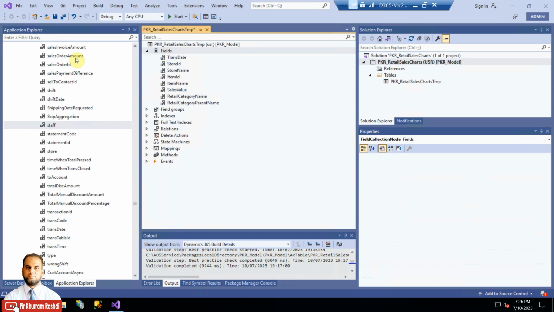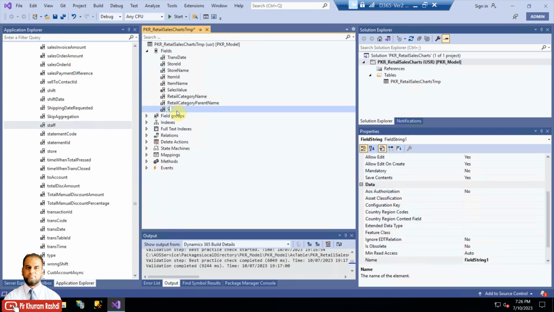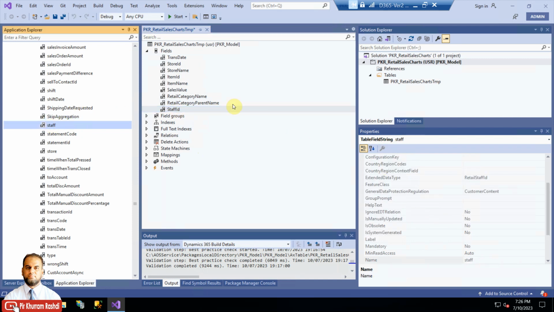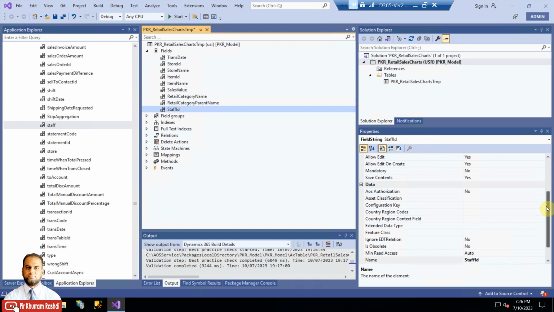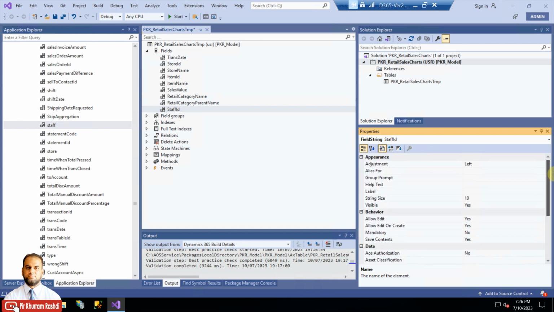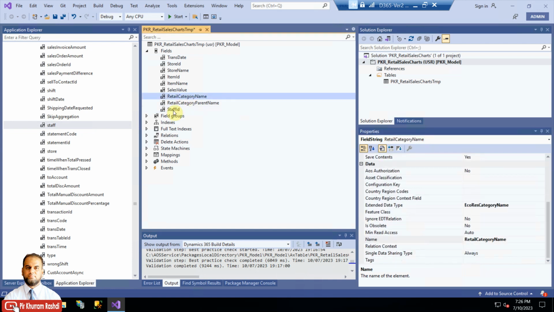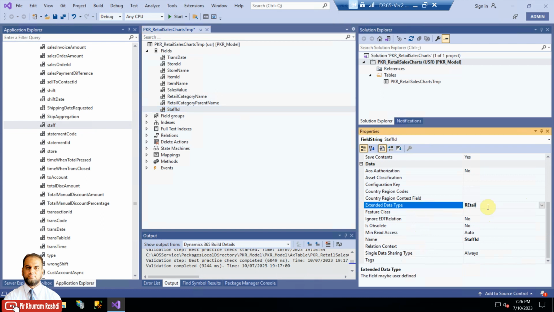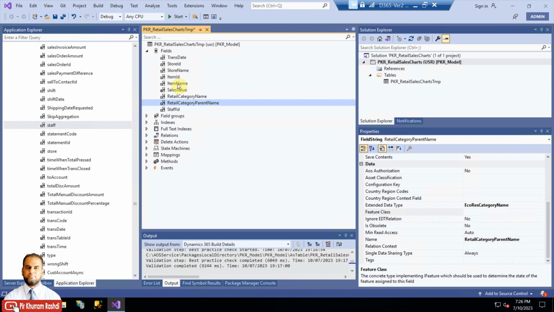So it will be a string field, staff ID, retail staff ID. This is for the sales commission, basically how much sold by each person. So staff ID, then extended data type, retail staff ID. Okay, this is the extended data type for this. And then